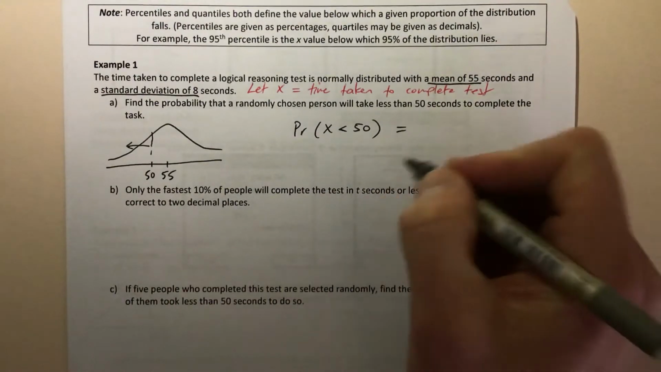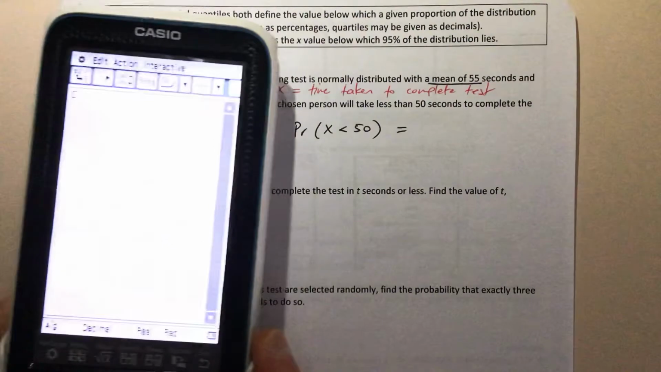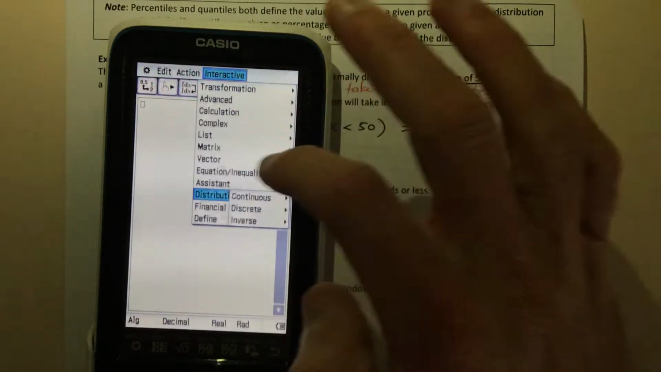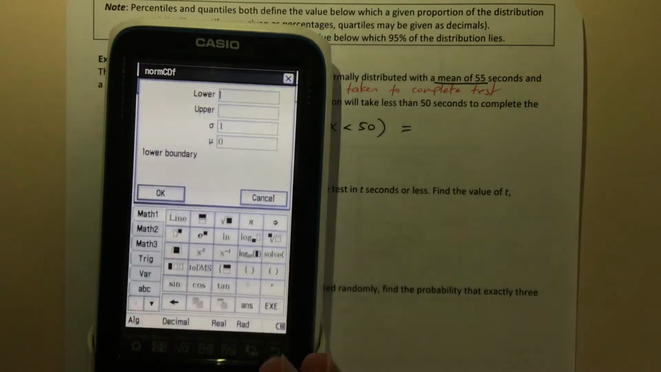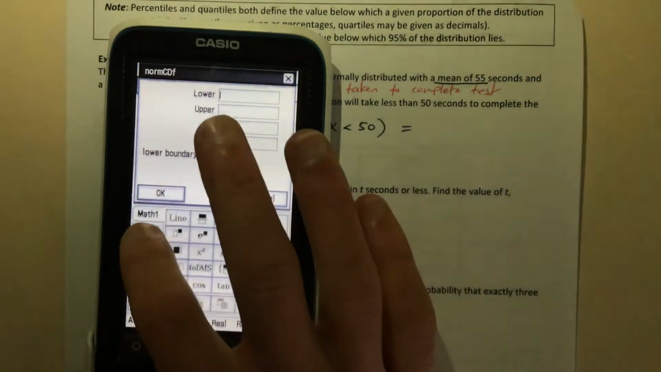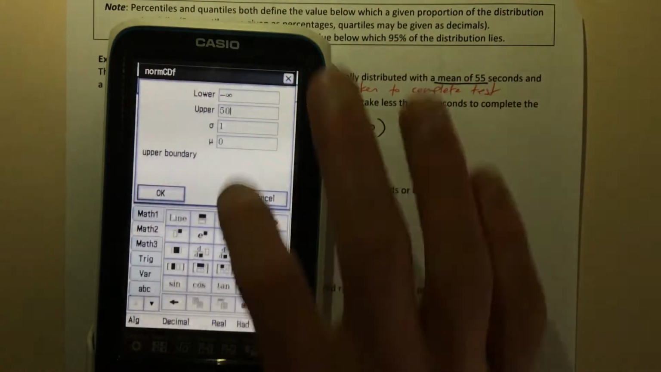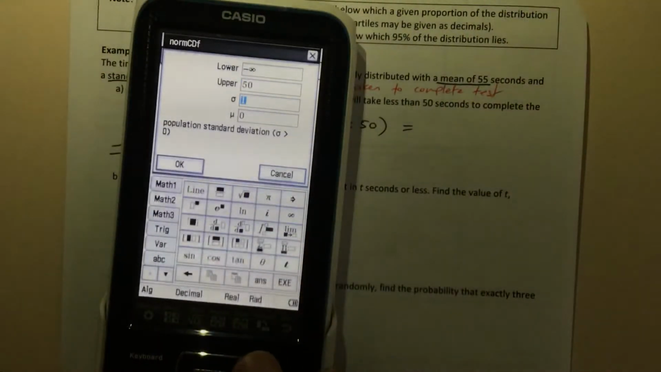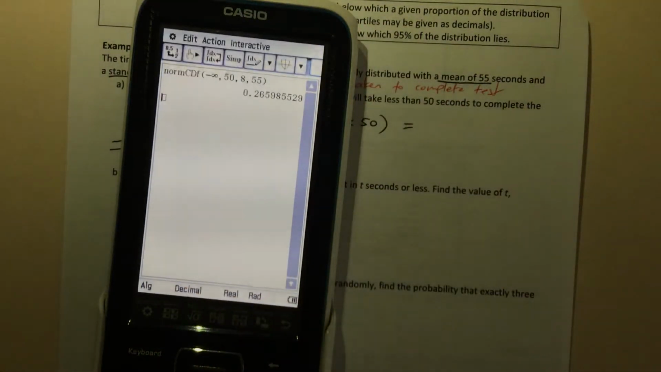Okay, but to get the answer, we're going to be using norm CDF on our calculator. And as a bit of a reminder, because hopefully you've seen the last video and worked through 16C, we're using interactive, distribution, continuous, and then norm CDF. Now it was less than 50 seconds. So what that means is it's negative infinity as our lower limit, 50 as our upper. Standard deviation was 8, and the mean was 55. All right, so we get